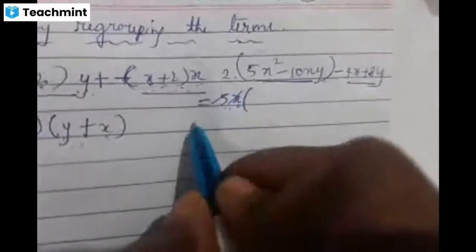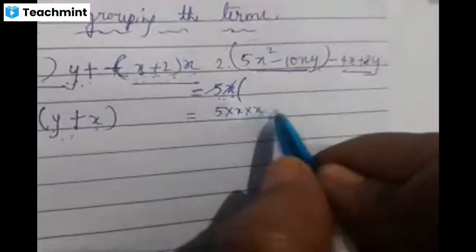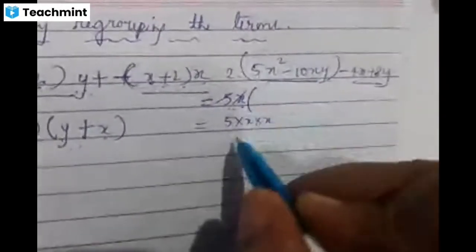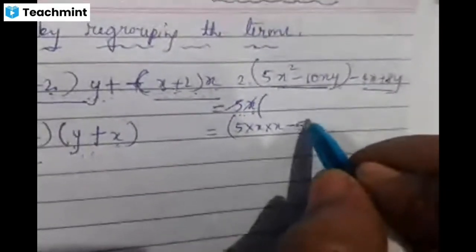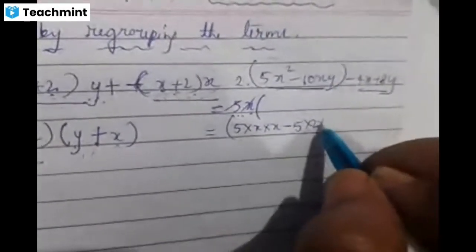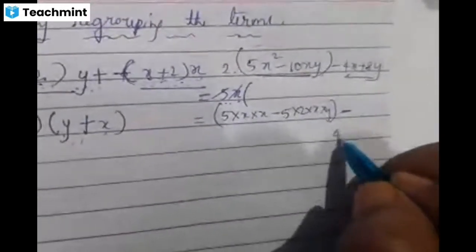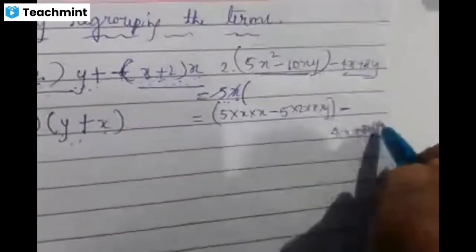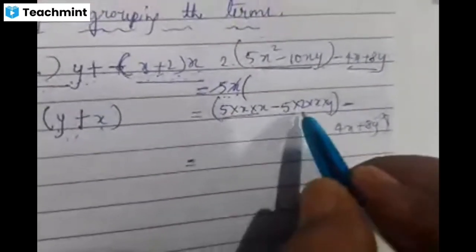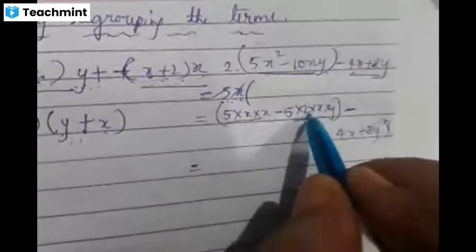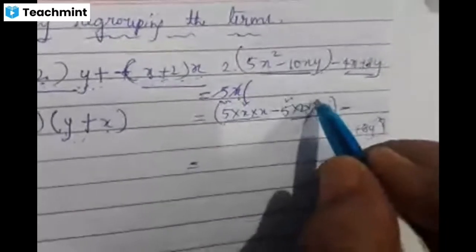So to learn in detail, let me write 5x square as 5 into x into x. Now I think you know what is 5x square here. Now minus 10xy can be written as 5 2s are 10 into x into y. Minus 4x plus 8y, I'll write as it is. Now, here, these are the two terms, children. Now, what is common in both? 5x is common. Here also 5x is common.